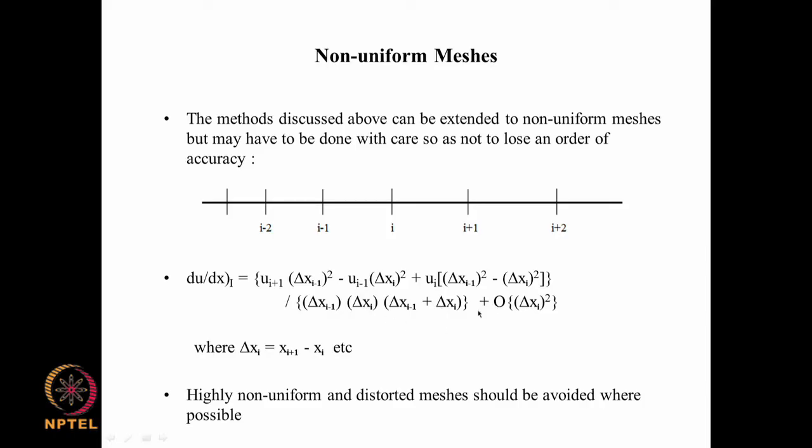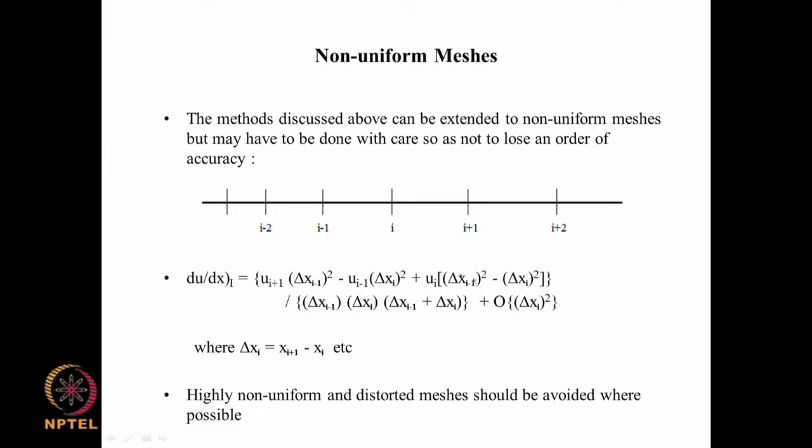And this whole thing is formally second order accurate with respect to delta xi. Okay. So let us see whether it stands a simple test, which is that if delta x i minus 1 is equal to delta xi, then we should be recovering the earlier formula. So, in such a case this is delta x square and this becomes 0. So, you have u i plus 1 minus u i minus 1 times delta x square divided by delta x. So, these two will cancel this out and then you will have 2 delta x. So, that gives us u i plus 1 minus u i minus 1 by 2 delta x, and that is a second